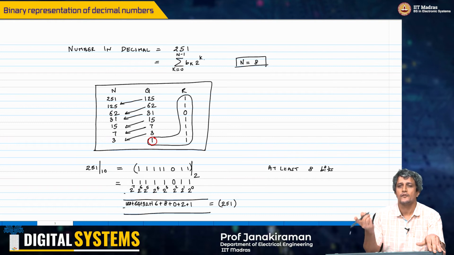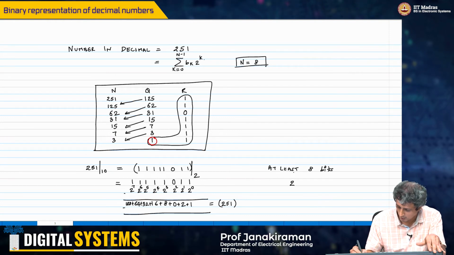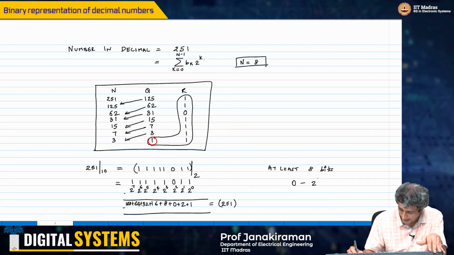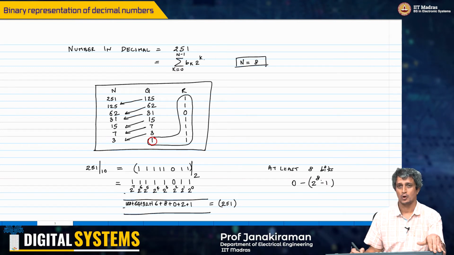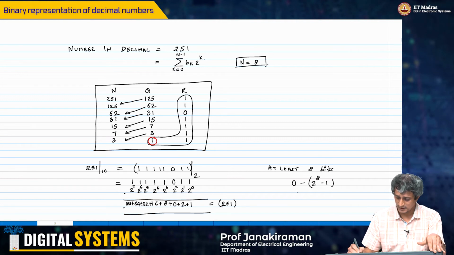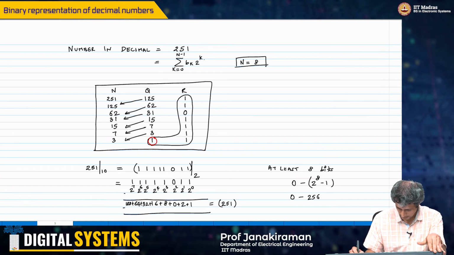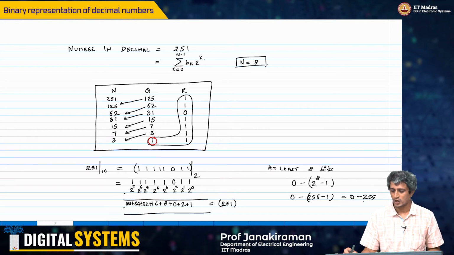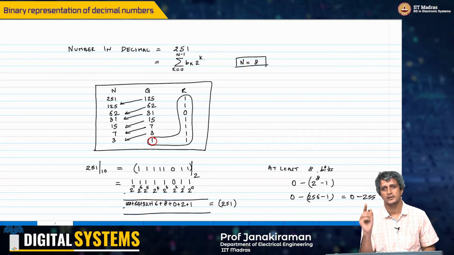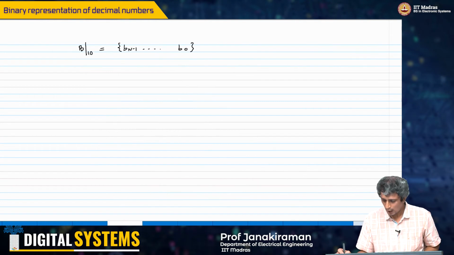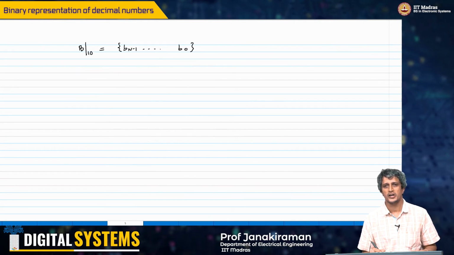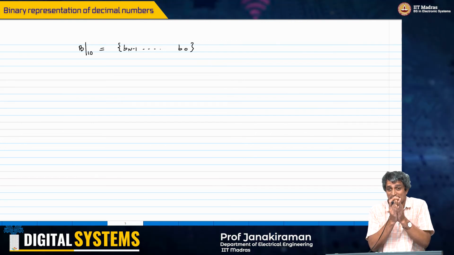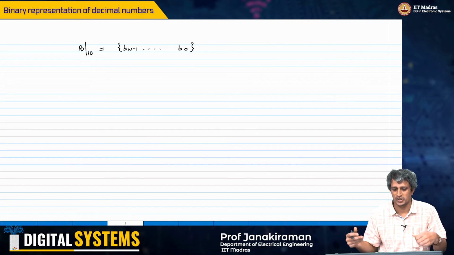Now, what is the range of an 8-bit number? It is 0 to 2 power 8 minus 1. What is 2 power 8? It is 256, so 0 to 256 minus 1, that is 0 to 255. So 251 falls in this range 0 to 255, and it is evident that I can represent it with just 8-bit information. Now, if I want to take this n-bit representation and expand it to, let's say, a 2n-bit representation,